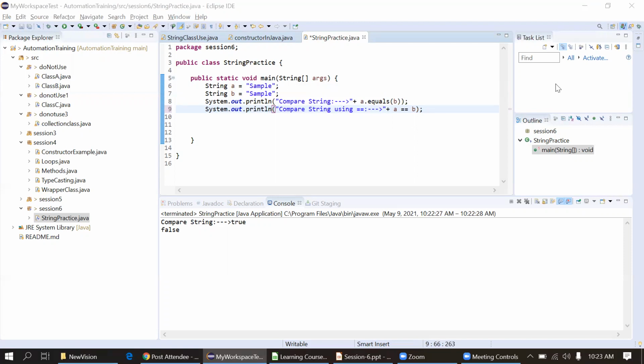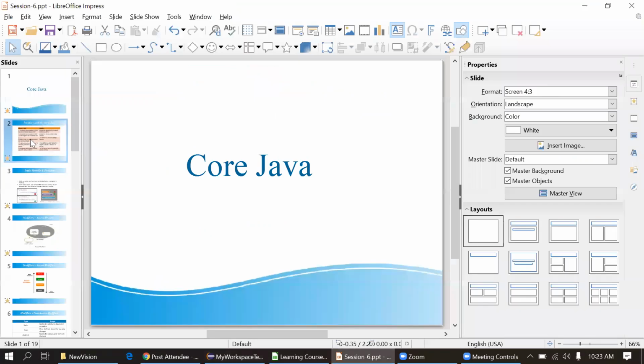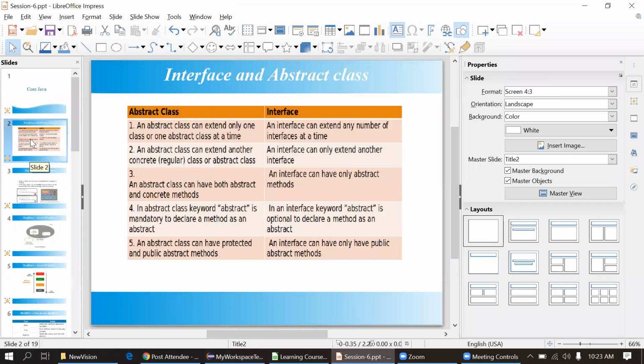Okay, fine. Moving to the next slide: interface and abstract class. What is an interface and what is an abstract class? Abstract means without the body. If you are just creating a method without a body, that's an abstract method.